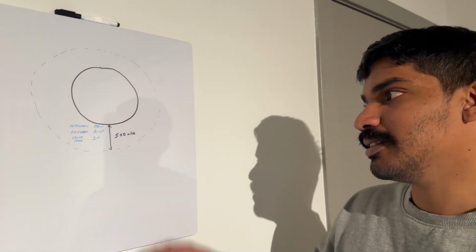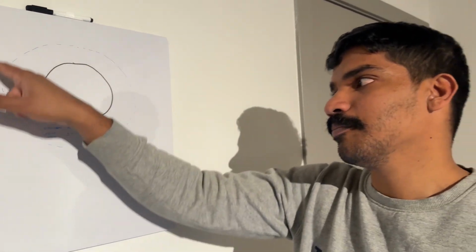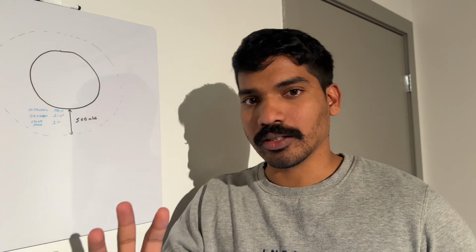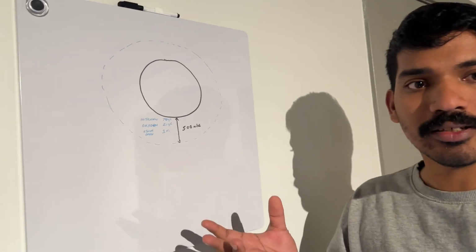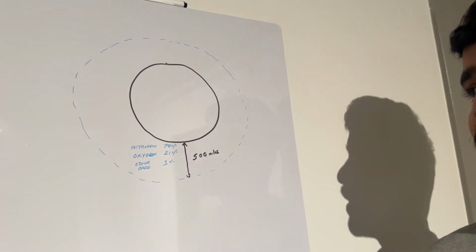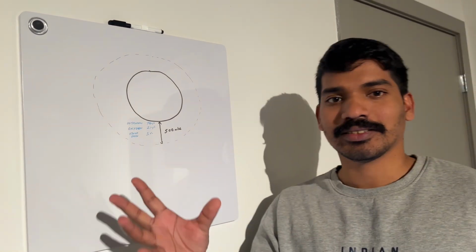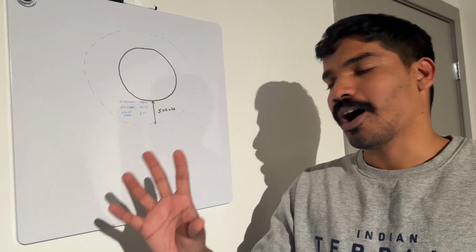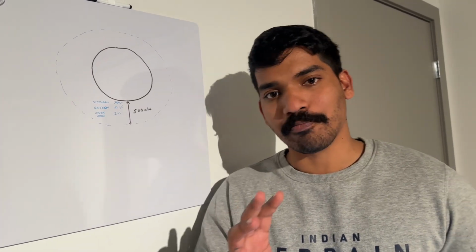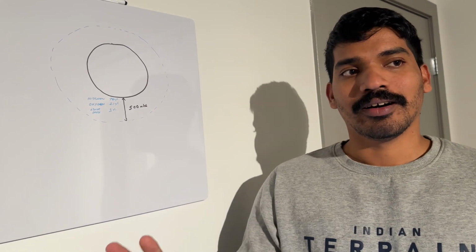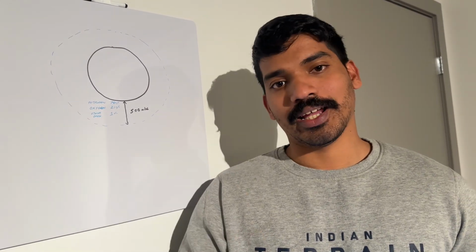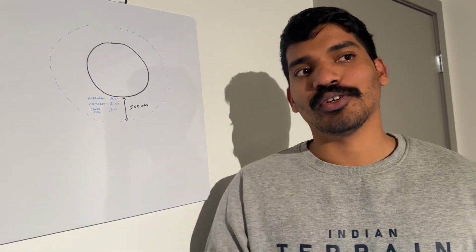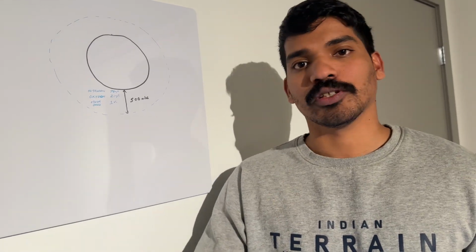Okay, and this is around the earth, up to close to 500 nautical miles. And yeah, this is all held together by the force of gravity. Okay, so this is like the basics of our atmosphere. If you open up any book which talks about the basic principles of flying, the first thing they'll talk about is atmosphere.